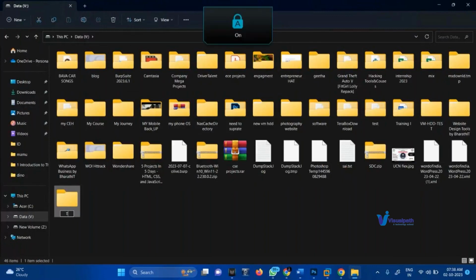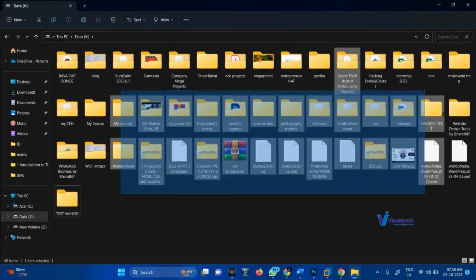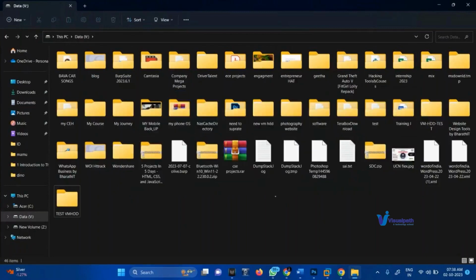Test space VM HDD. Why do I need to create a specific folder for this? Because when I install VMware, or any kind of operating system, it will mix with all the files, so it will be a bit clumsy. That is the reason I maintain a separate folder for the virtual machine hard disk. Okay, so now I am going to create a